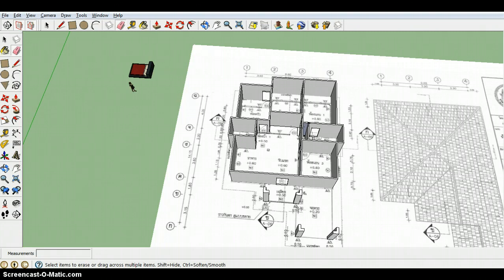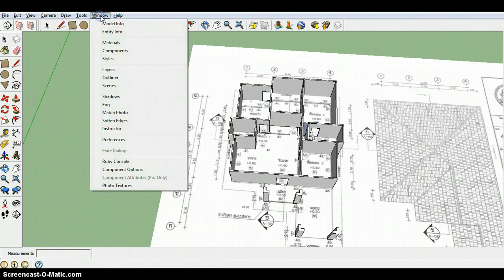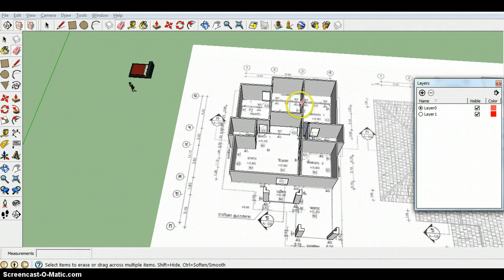Okay, now that we have the walls up, there are a couple of things to do. Well, first of all, we need to put a roof on this model. But before we do that, we need to turn these walls into a separate layer so that I can toggle it on and off later on. So what we want to do is go into Window, open Layers, and make a layer named